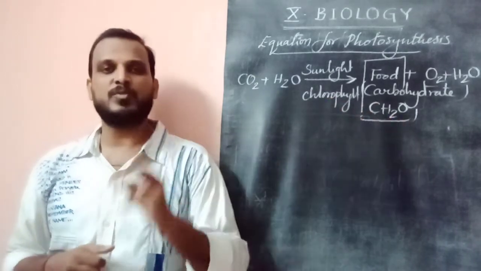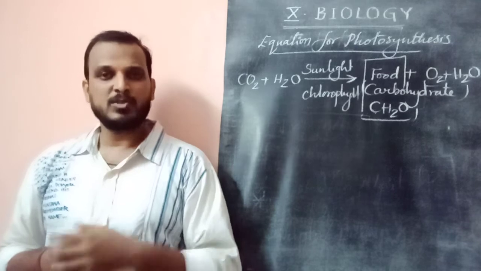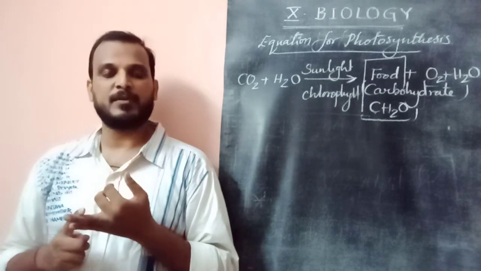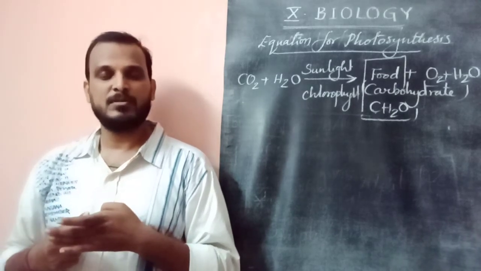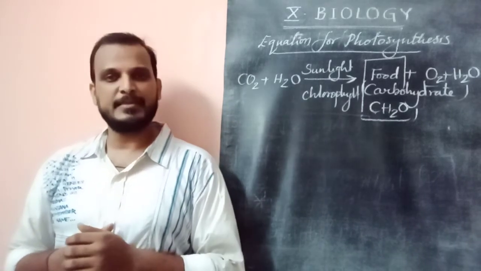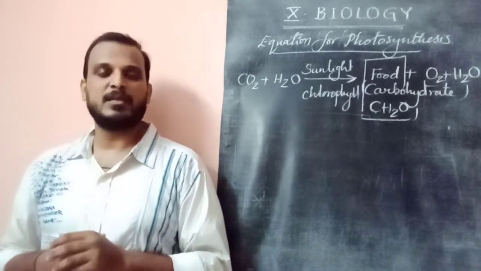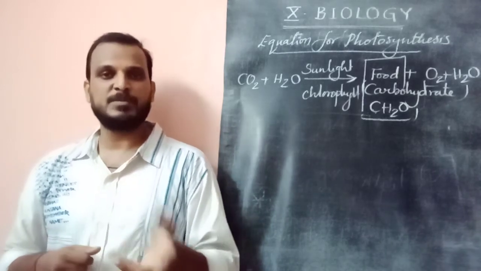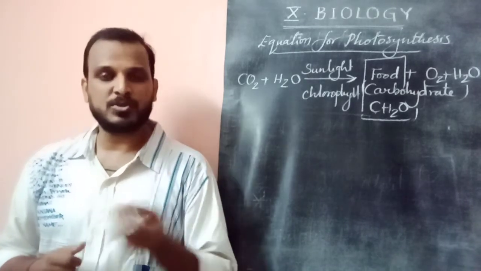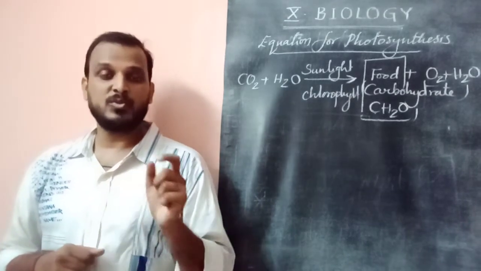Is it or not? CH2O is a carbohydrate, and it is in the dietary, eatable form. So carbohydrates are of many types. Glucose is a type of carbohydrate, fructose is a type of carbohydrate, lactose, galactose, maltose. So many types of carbohydrates are there, among which we are eating sugar, normal sugar, dear children. That is called sucrose, cane sugar, which is prepared from sugar cane. What is our edible sugar, what we are eating every day? That is a type of carbohydrate called sucrose.